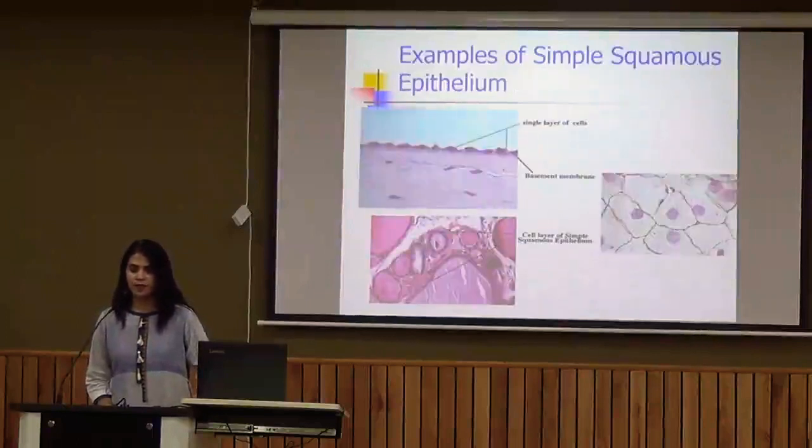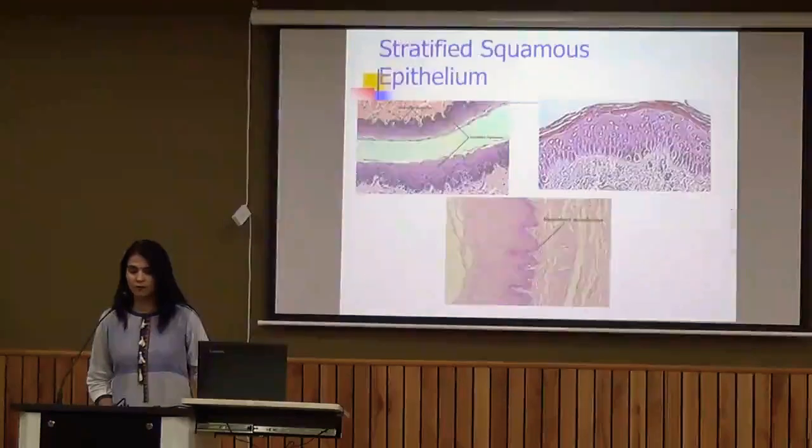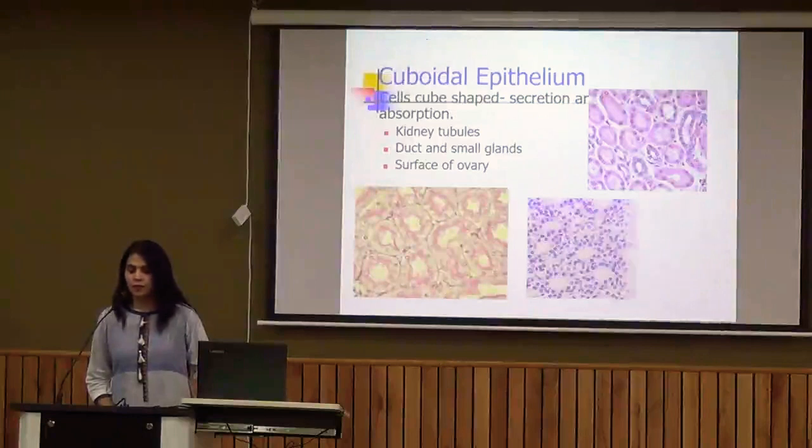Now these are the examples of simple squamous epithelium. You can see the single layer of cells is present, and a basement membrane is present below the single layer of cells. In case of stratified squamous epithelium, the same kind of cells are arranged in many layers, because in case of skin we need that kind of tissue which can actually protect us from wear and tear. Now the second kind of epithelium is cuboidal